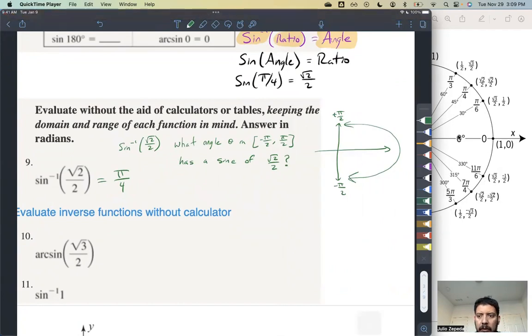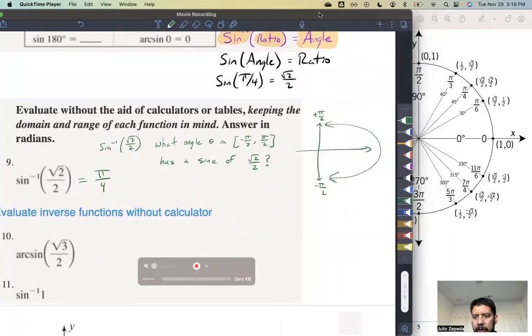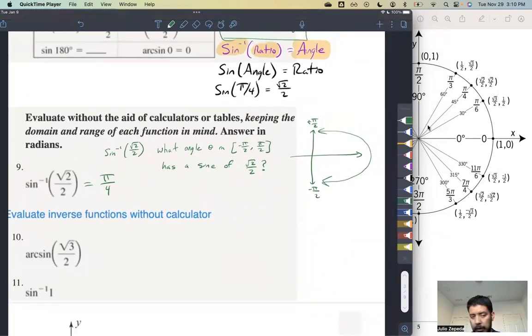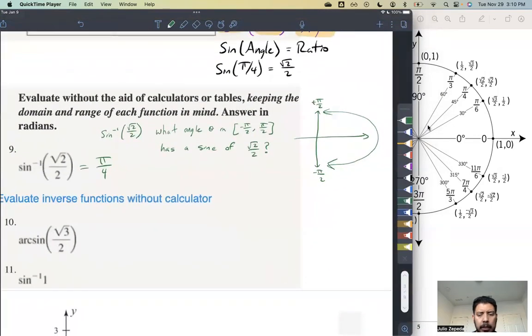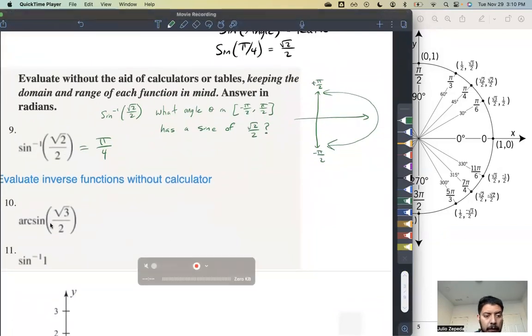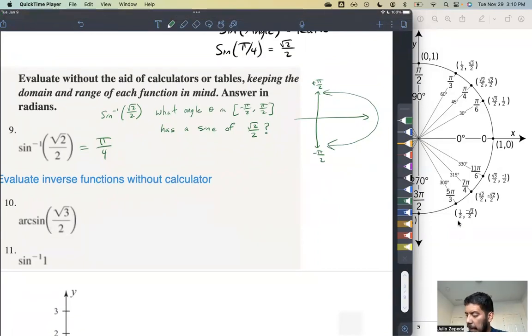All right, very good. So let's take a look at another one. And this actually includes the two quadrantal angles, positive pi over 2 and negative pi over 2. Next one, the arc sine of square root 3 over 2. Let's go ahead and say what that is. The arc sine of the square root 3 over 2